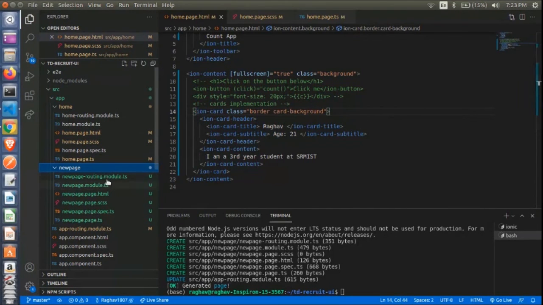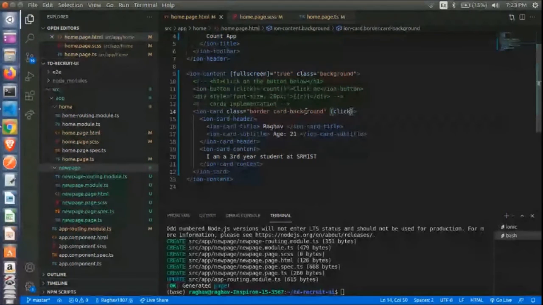Now to navigate to the new page, first we will need to create an instance, upon which we need to call a function, after which we navigate to the new page. Now, I can create a click function on the button and specify a new function name. For example, I am specifying the function name as new.